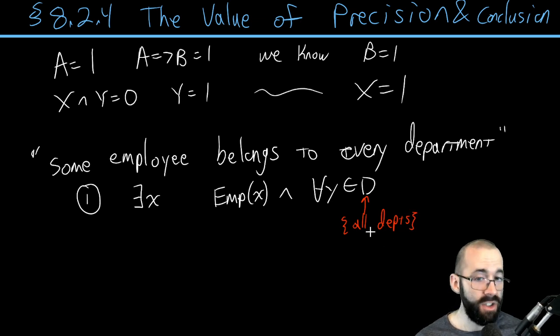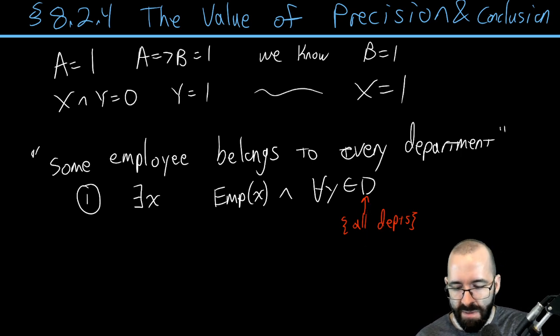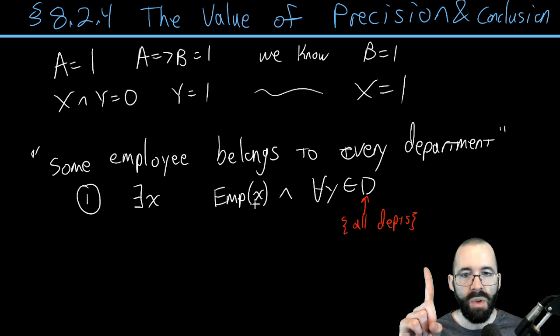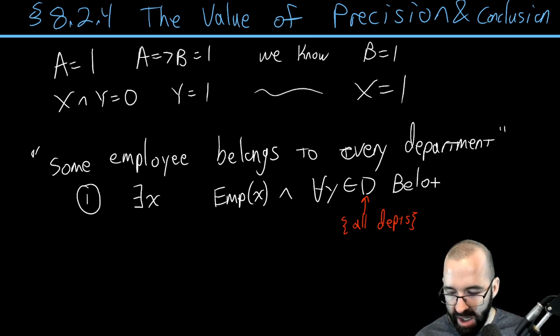That's our intensional definition of D. Now the extensional definition of D: remember, to extensionally define a set, we would want to list all the elements in the set. We'd be listing all the departments, but here we're just describing the set by saying it's a set of all departments. So there is an X such that X is an employee, and for all departments, X belongs to it. So we could introduce this predicate